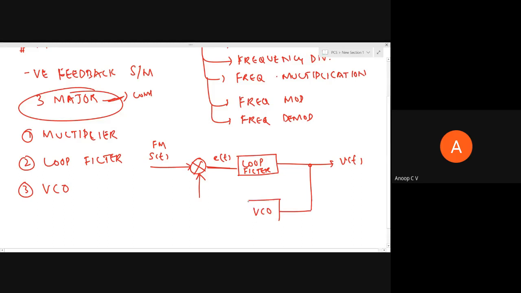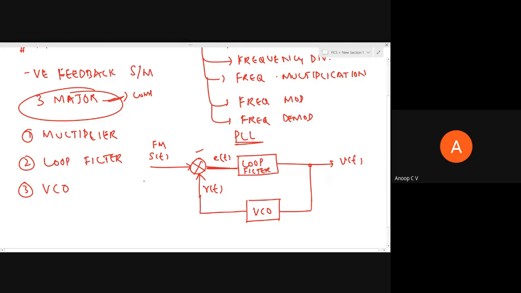Do you know what is a VCO? VCO is a voltage controlled oscillator. So this is a basic mathematical model of PLL, right? This is not how we implement a PLL. This is the idea of what PLL is. So this is the first thing you should learn. Basically it has three components. One is a multiplier. To the multiplier, one of the inputs is our FM signal S of t, and the other input will be our PLL output V of t, which is applied to a voltage controlled oscillator, and I will call its output R of t, right?